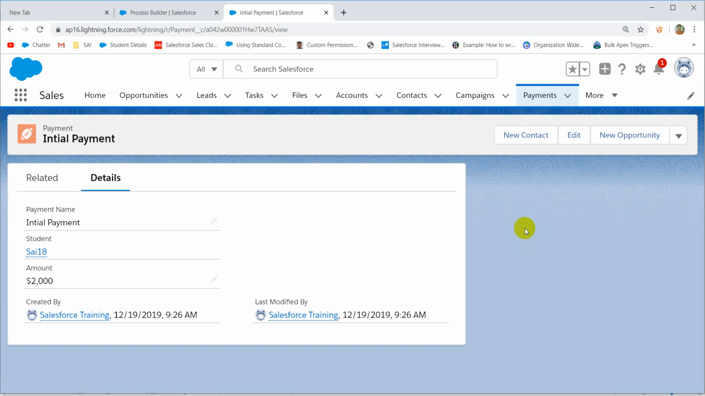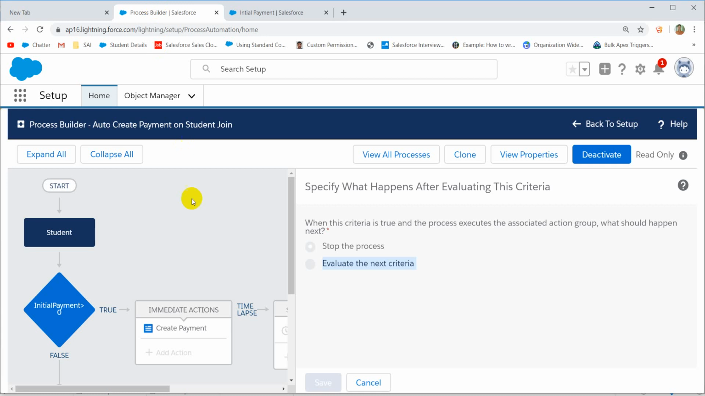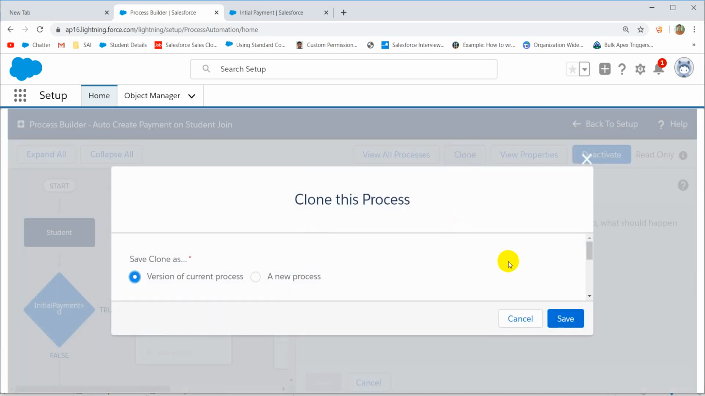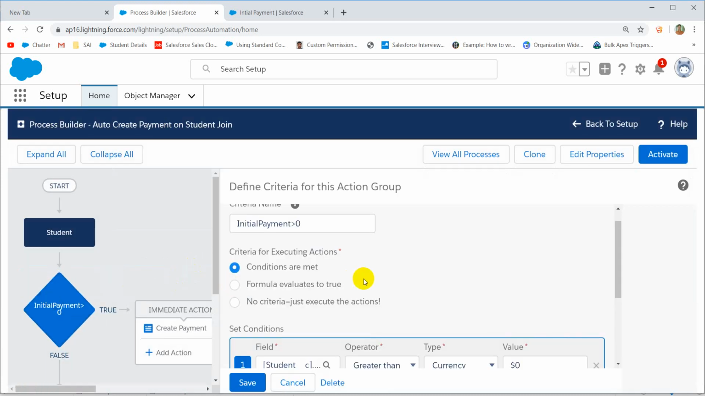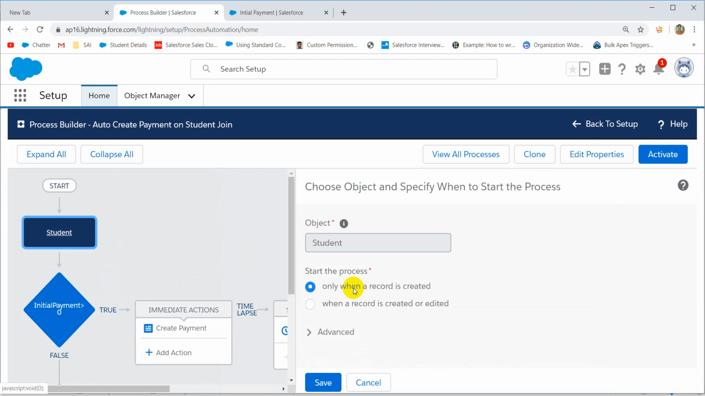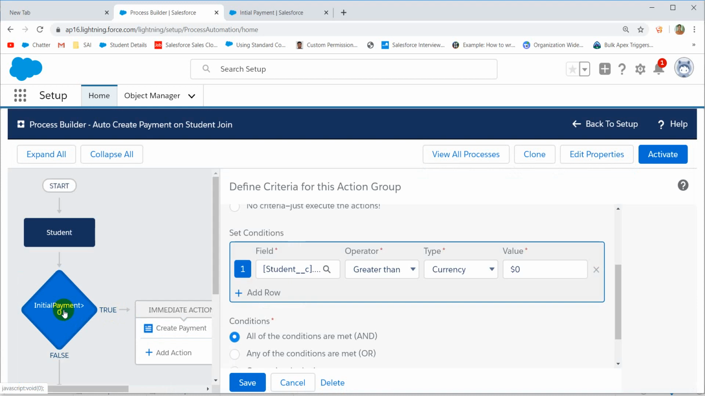Now let's say if I want to update the record with initial payment, then what can I do? In that case, go to the process builder, clone it. This is on create. Here change the process when the record is created and updated. Okay, save it. Condition is like this, and